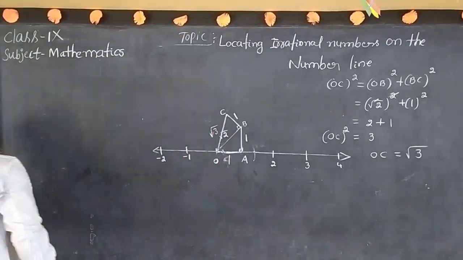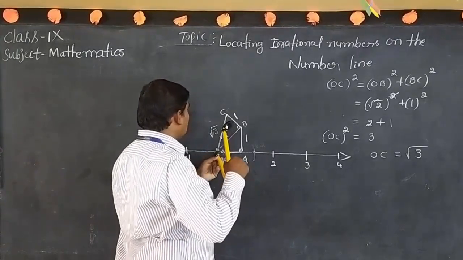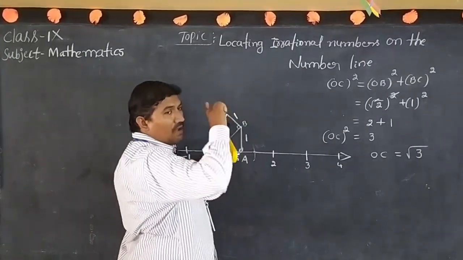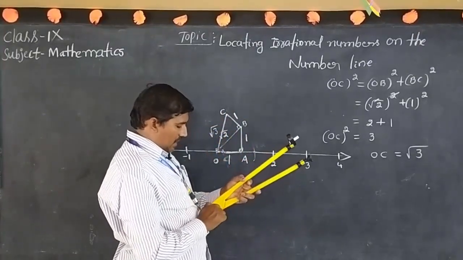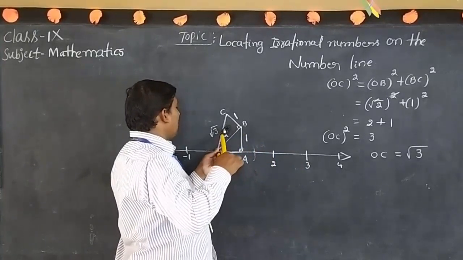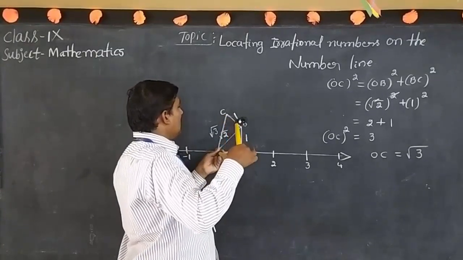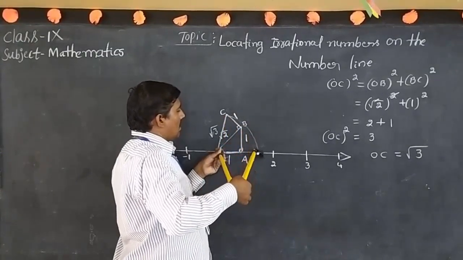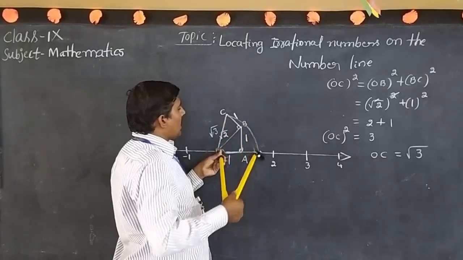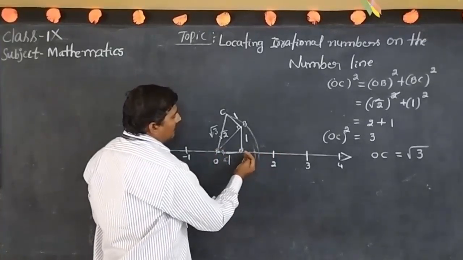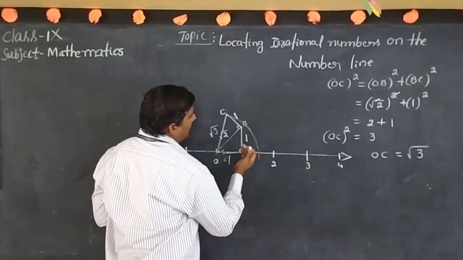We want to locate the value on the number line. This one also is possible. Okay, see this much length and draw an arc through this value. Draw an arc. It is possible to locate on the number line. Okay, see here. It is possible to locate on the number line. So it is less than 2, more than 1. Here 1, it will be more than 1, less than 2.